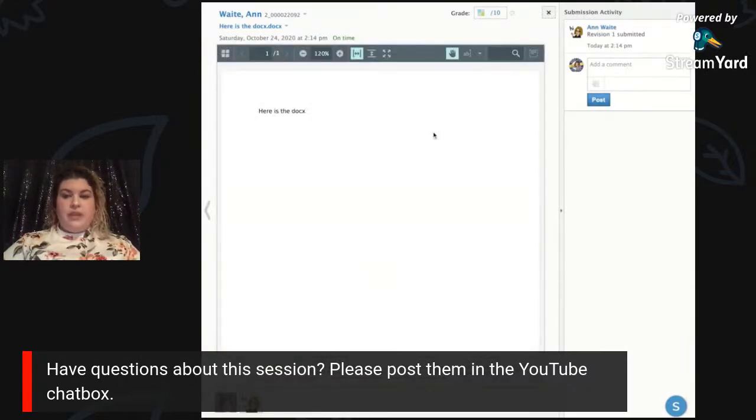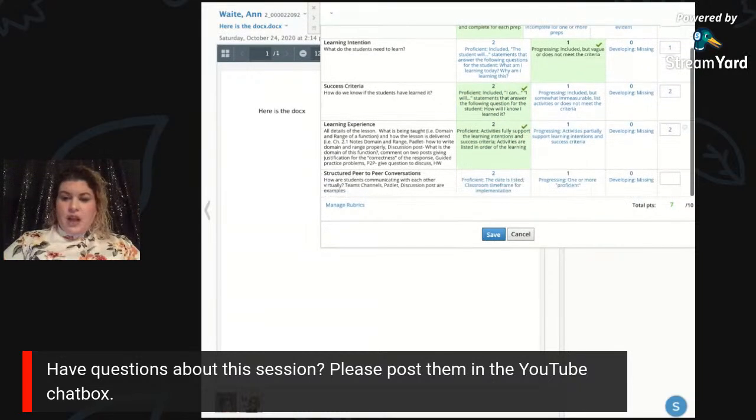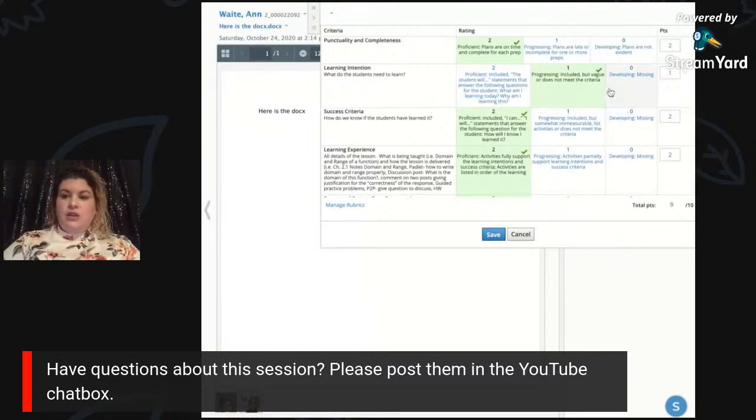And when you come in, what our administrators do is they go right up here to Grade, because your teachers may be familiar with this, but as administrators, you may not be using Schoology in this capacity as much. So as you come in, one of the cool things about using rubrics in Schoology is it automatically starts building everything down for you, right? So I'm going through and grading Anne's lesson plans. And then over here on the far right-hand side, by the number that's in there, I can put a comment on there.